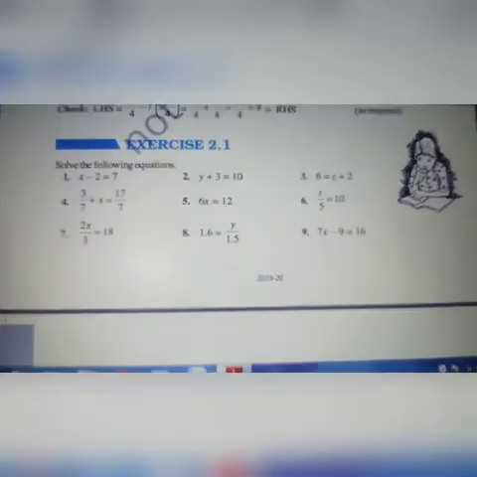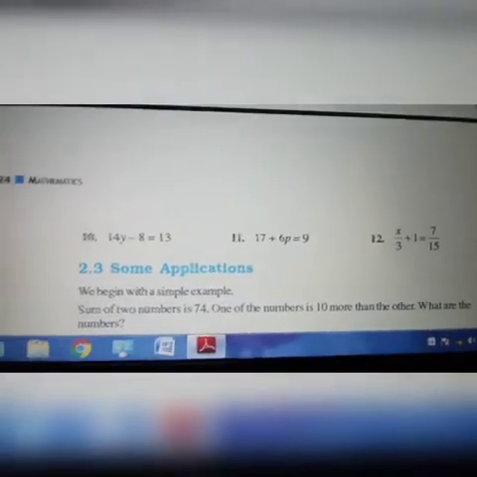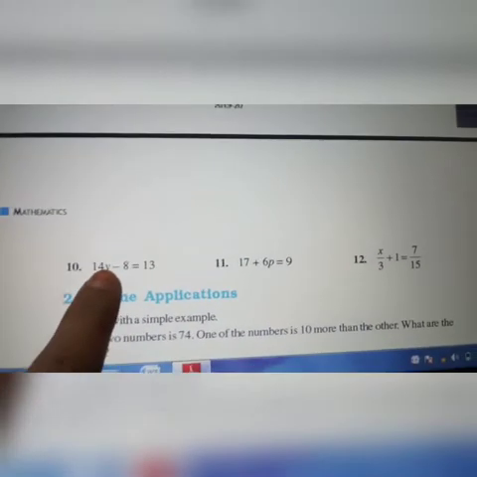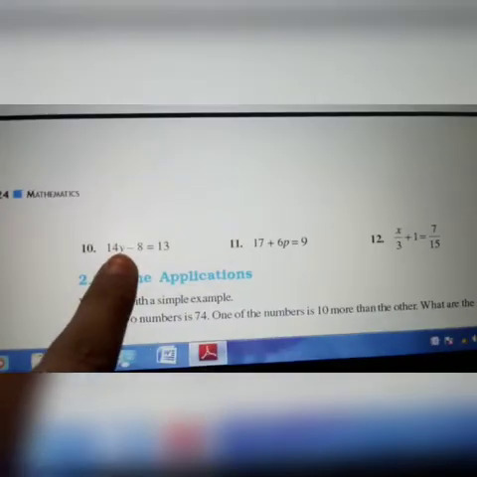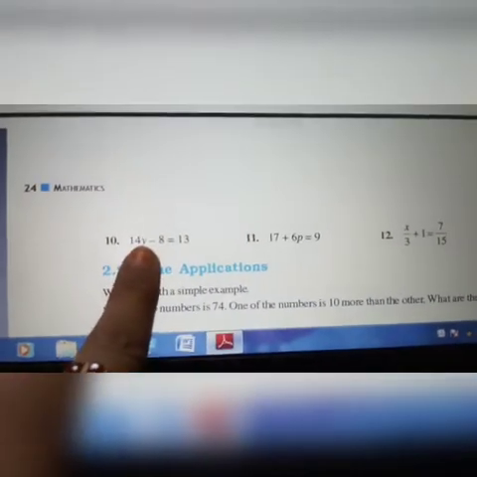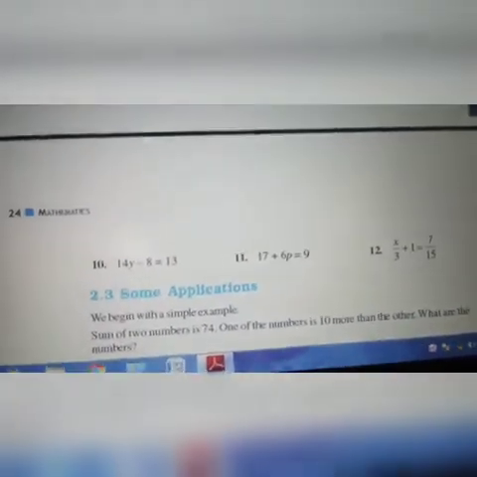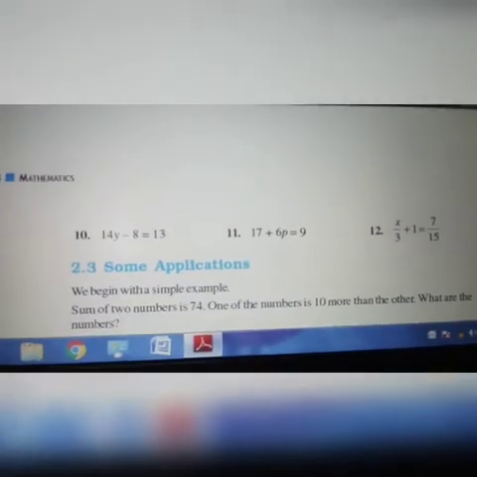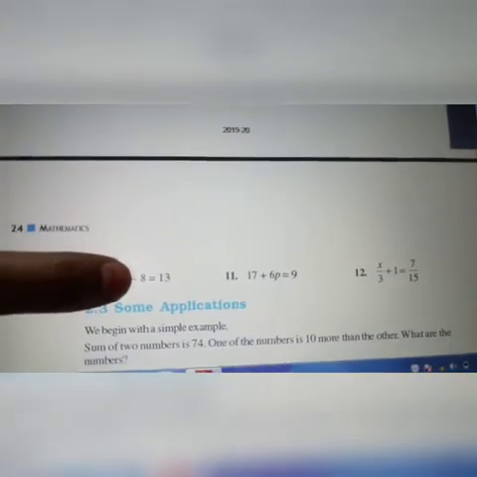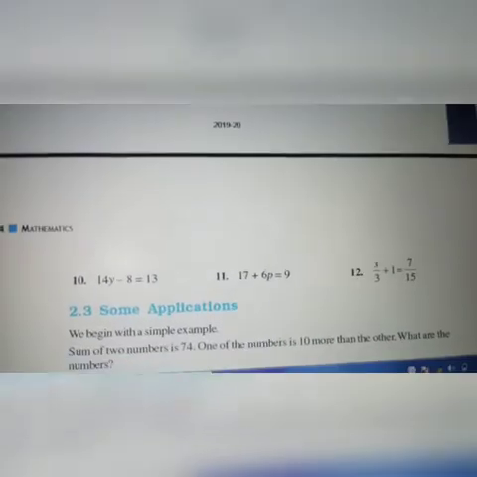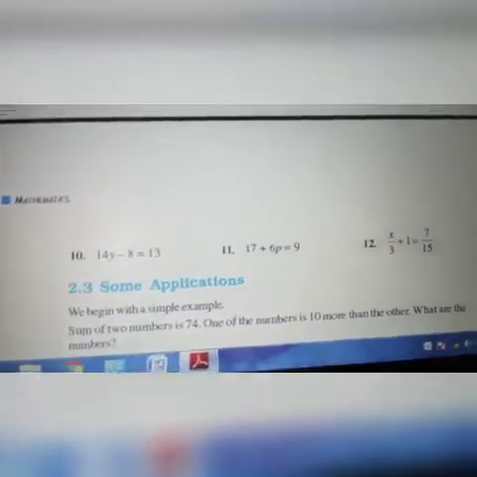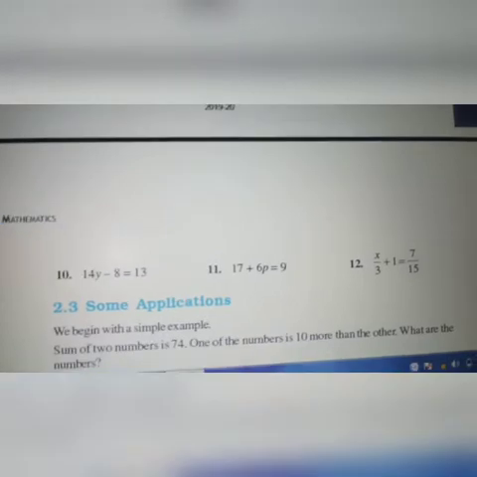So exercise 2.1, you can work out the problems, which are very easy, and check that every equation has a variable, and many of you have made mistakes in that only. Many have not seen what the variable is. So if the variable is given as y, you should find the value of y. If it is t, you should find the value of t. Find the variable properly. Keep the variable on one side and bring the constant to the other side, and solve the problem till the value of y is correct. Okay, that is your main concept.